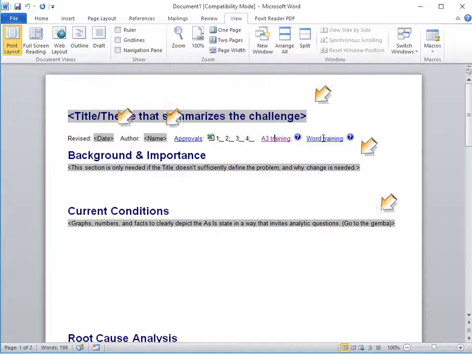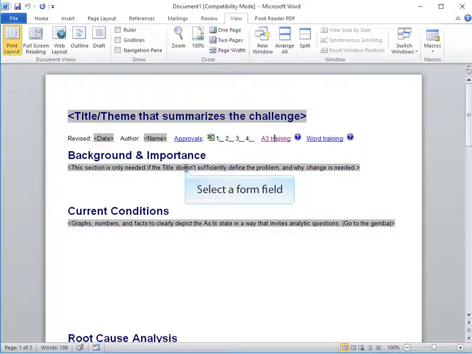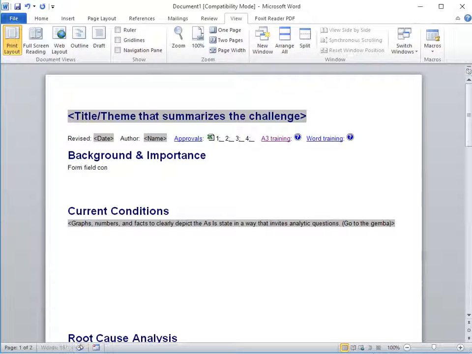Many Systems to Win templates use these form fields to provide concise instructions, and then notice that as soon as you select the form field, the help goes away as soon as you start typing. Form fields are a powerful way to provide training in many Systems to Win templates.